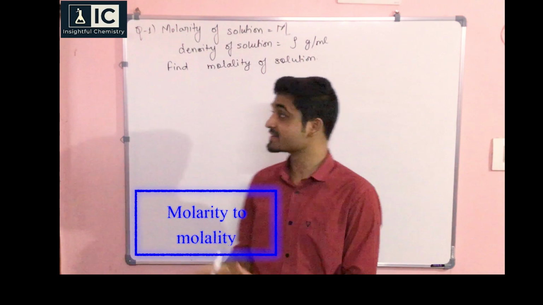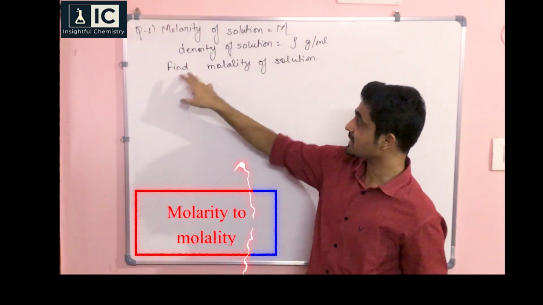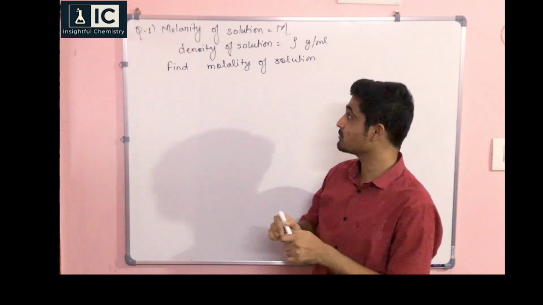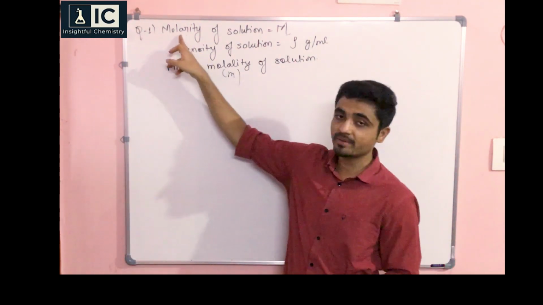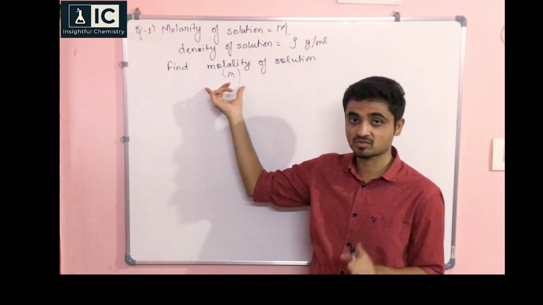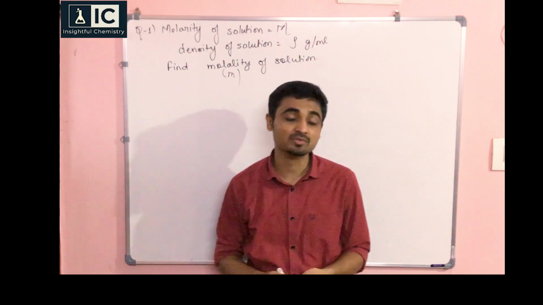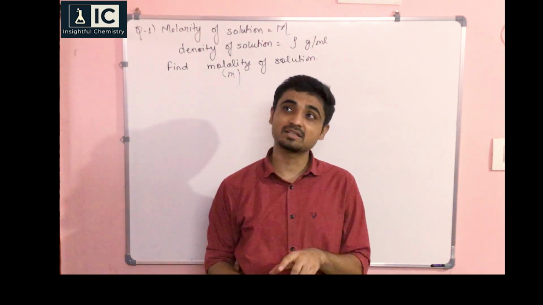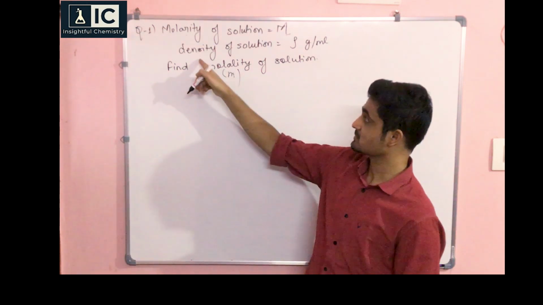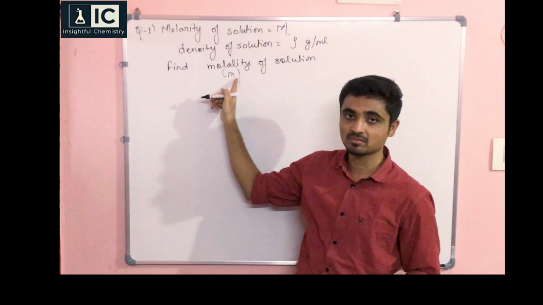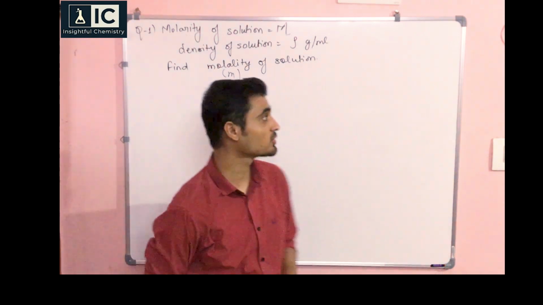Alright guys, so this is our first question where molarity is given as M and they're asking to find molality, right? Molality is what? Small m, right? Now this is volume based and this is mass based, so therefore I must have density, right? Most of the time students get confused whether density should be given or not, or what is the use of density. So that is the use. If it is volume to mass related or mass to volume related, density must be given. So let's start how to do it.